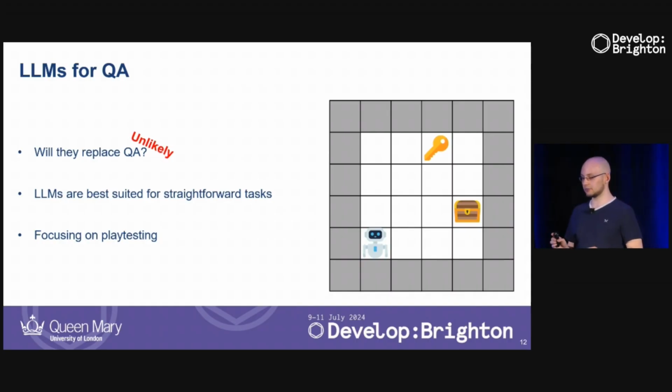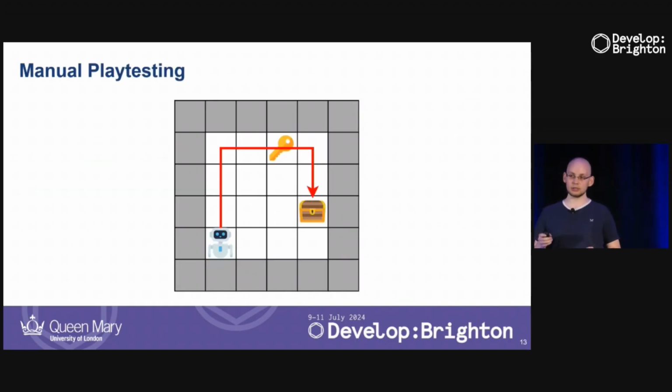And there are a lot of ways we can playtest this. The easiest one is, of course, when we have a developer that just playtests the game as he develops the game. He can just pick up the key and open the chest and then check if everything works correctly. Of course, as time goes on and we change our game, we have to keep testing if this actually works, which can be extremely expensive and in general very tedious to keep repeating.